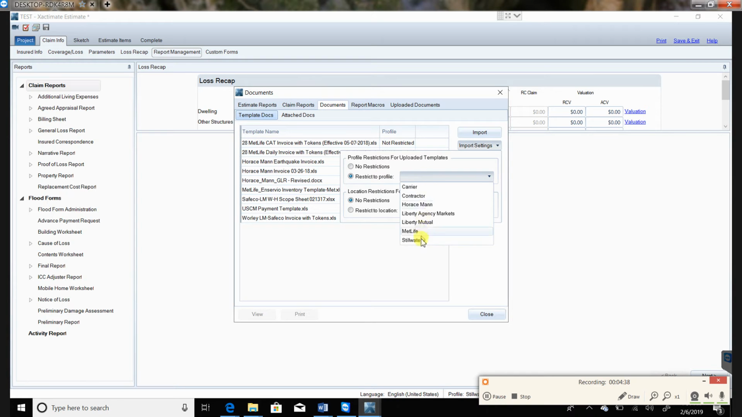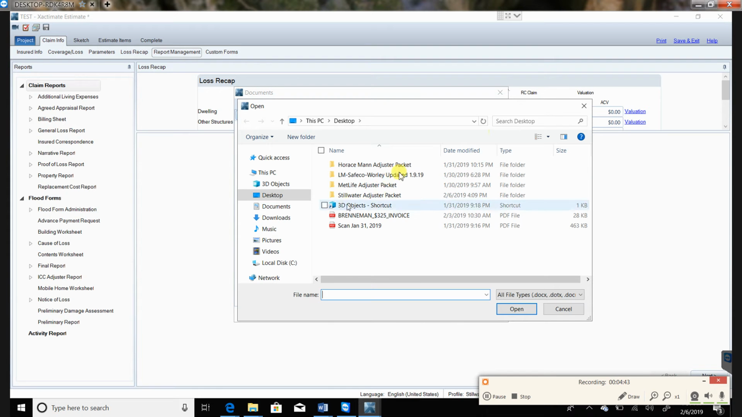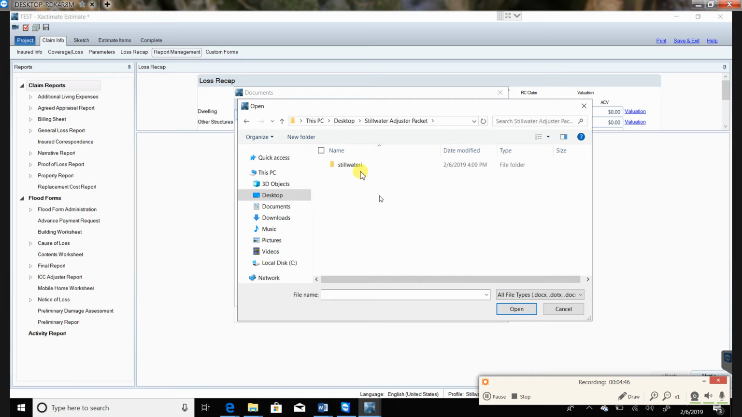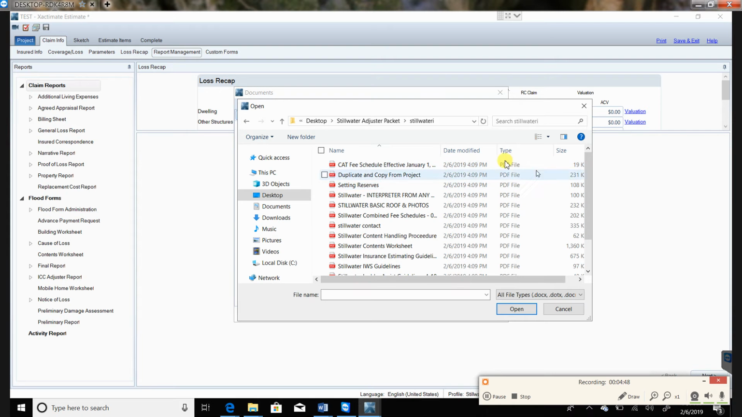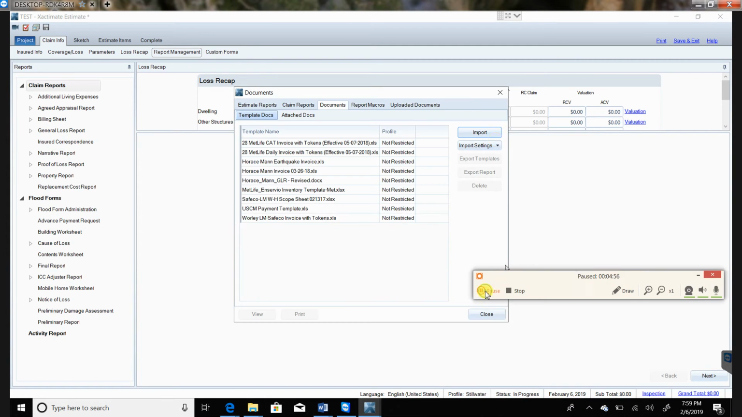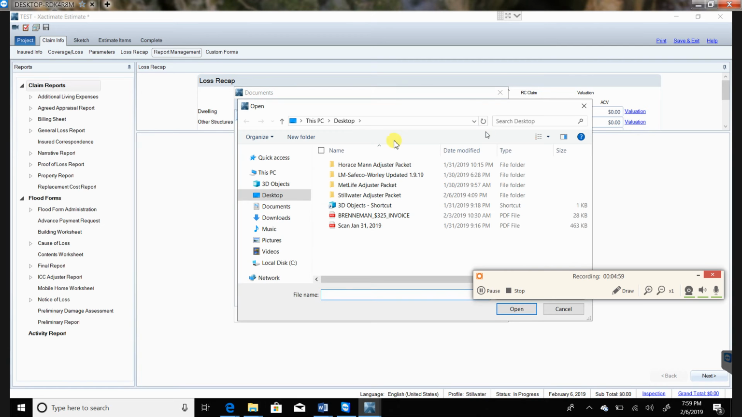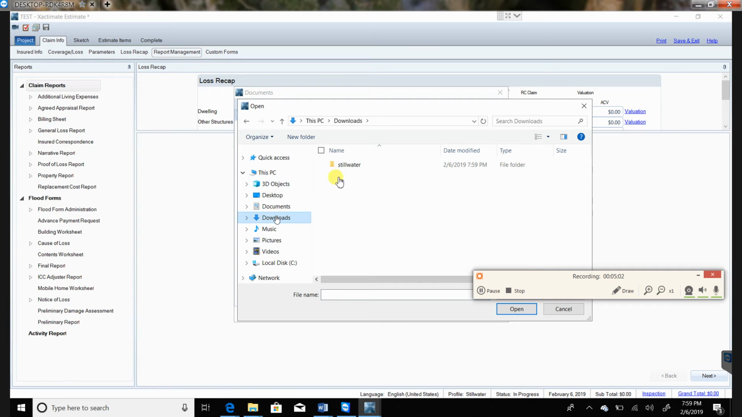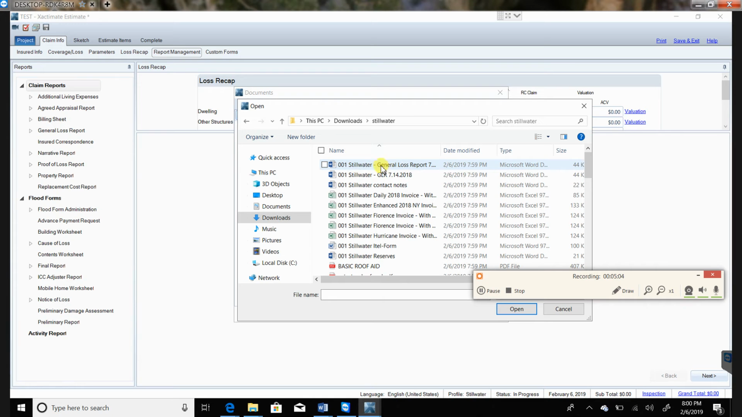Since this claim is a Stillwater claim, now I'm going to go ahead and go to import, and then I'm going to browse to the Stillwater adjuster package. And then I'm going to grab the documents that we need for this. So now once we get the package downloaded, we're going to go to that package, which we put here, Stillwater, and then we're going to pull down our information that we need for our file. So we're going to pull down our GLR, our contact notes, our daily invoice, ITEL report, and our Stillwater